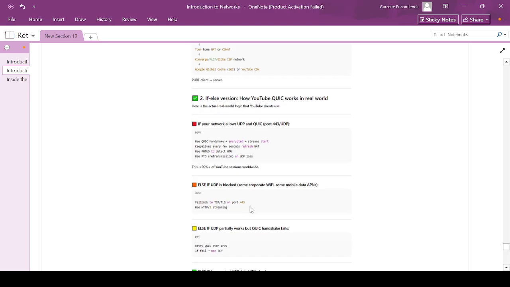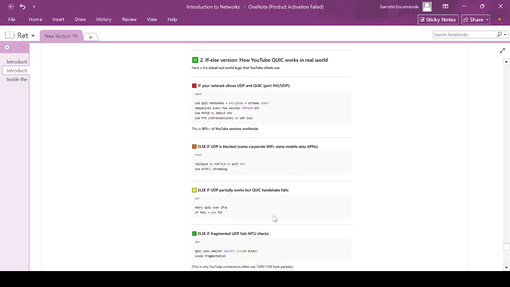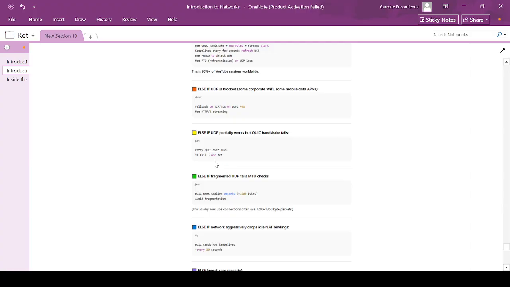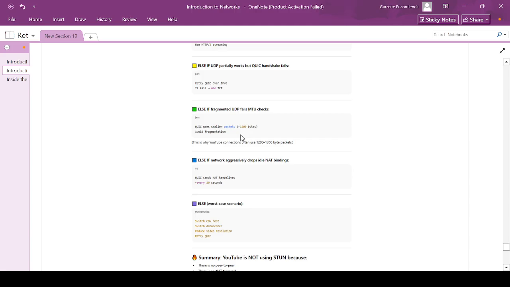Else if UDP is blocked, like some corporate Wi-Fi or some mobile data APNs, fall back to TCP or TLS on port 443 and use HTTP/2 streaming. Else if UDP partially works but the QUIC handshake fails, retry QUIC over IPv6. If that fails, use TCP. Else, if fragmented, UDP fails MTU checks. QUIC uses smaller packets, 1200 bytes, to avoid fragmentation. This is why YouTube connections often use 1200 to